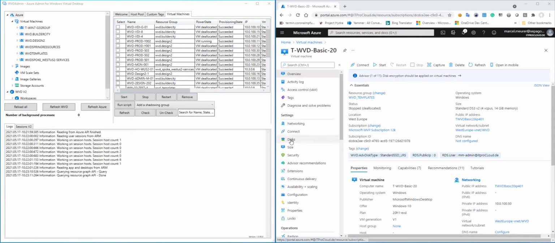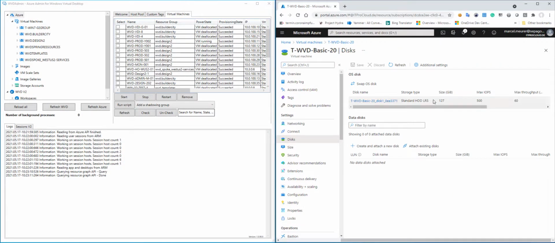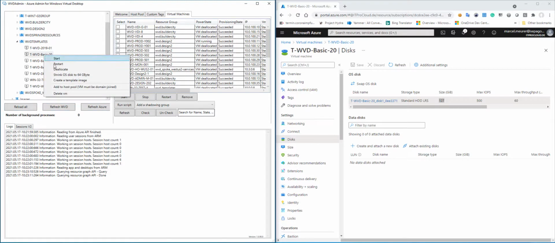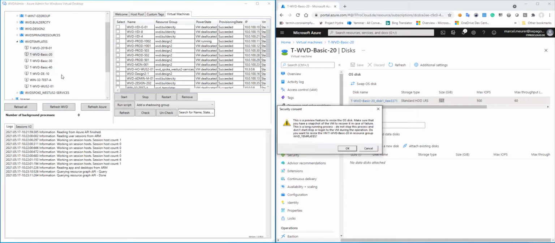Hi and welcome. Let me show you how to resize a disk with the current version of WVDAdmin from 128 GB to 64 GB. You can do it on the virtual machine: right click and click on Shrink OS Disk, and that will